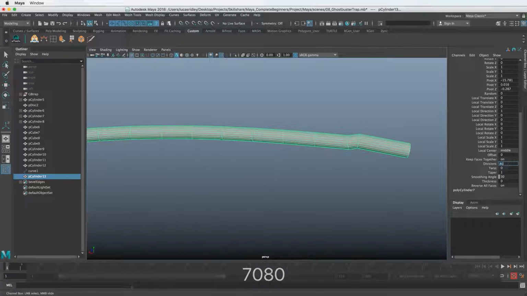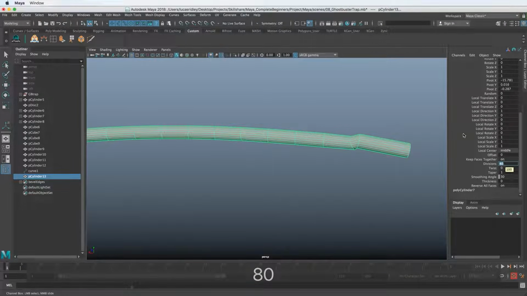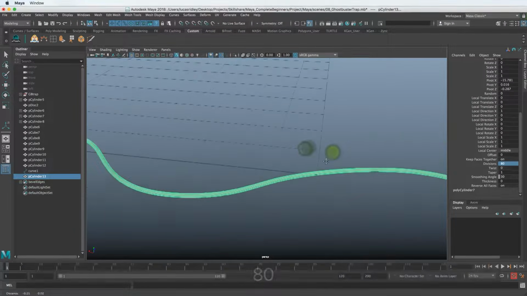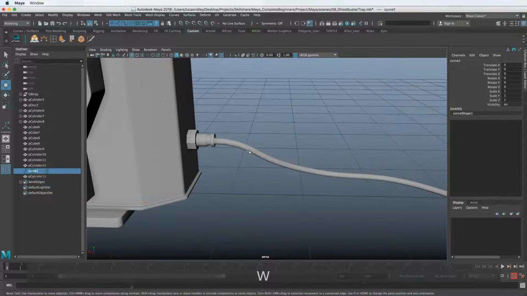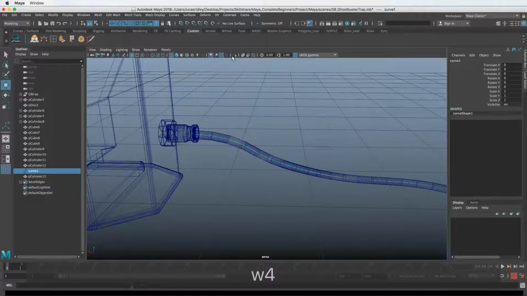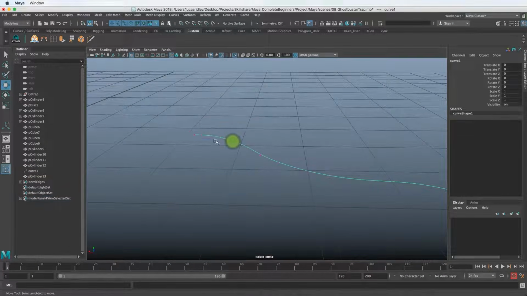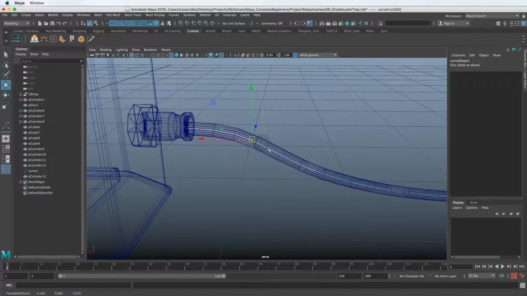But if we keep increasing this, and this edge here goes past this one, it'll flip the edge around itself, so then it flips all the faces inside out. So if you get this black thing, you've created too many divisions. Let's just go right before that happens. And now we have this smoother looking curve. And then we can also, again, go to the curve and push some points around if we still want to adjust where the density of the edge loops is getting concentrated.